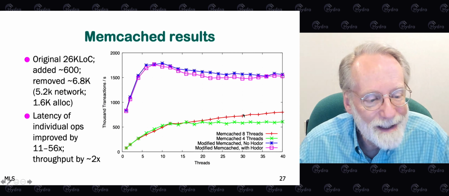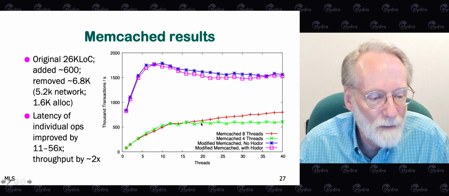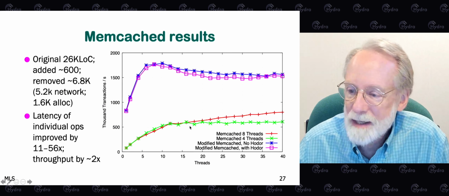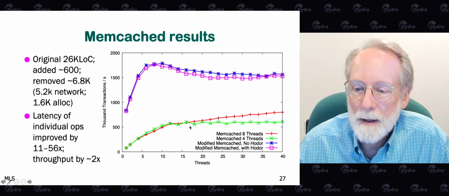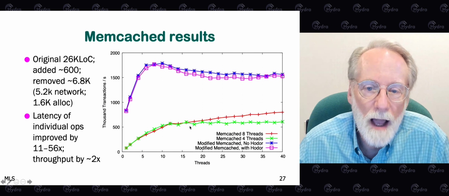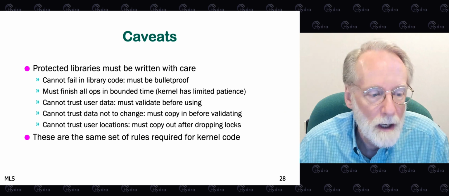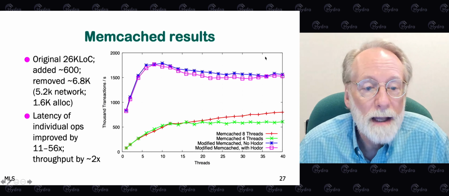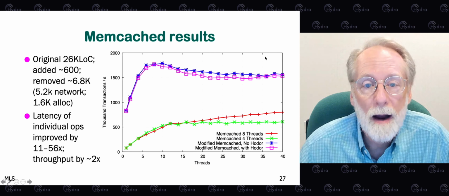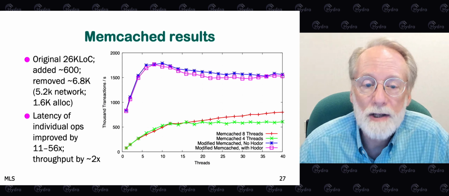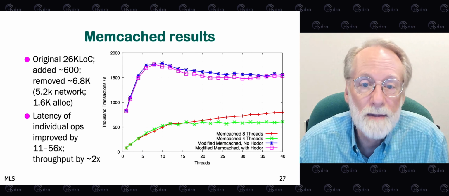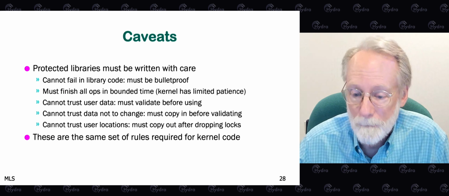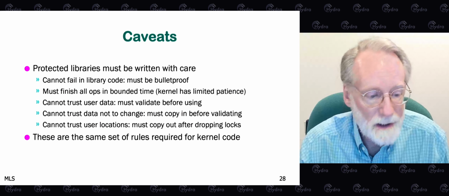You might wonder why we continue to get better performance on the red curve even after we've used up all the contexts on the machine, and that's simply because there are more requests in flight through the Unix domain socket system with a larger number of clients. So bottom line, we are getting at least twice the bandwidth out of the Hodor version of Memcached and up to 50 times improvement in latency compared to the original version. And this seems like a pretty good deal. There are some caveats.